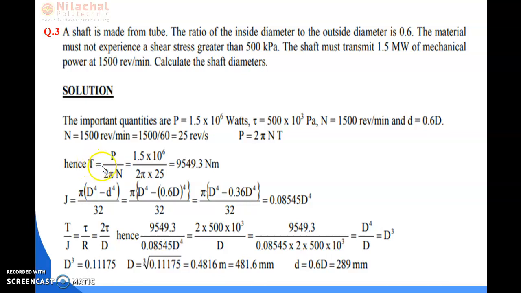So torque is equal to P by 2 pi n. So P is given as 1.5 into 10 to the power 6, and 2 pi n is calculated here, 25 revolution per second. So by putting all these things, we got the value of torque in terms of Newton meter as 9549.3 Newton meter. After that,